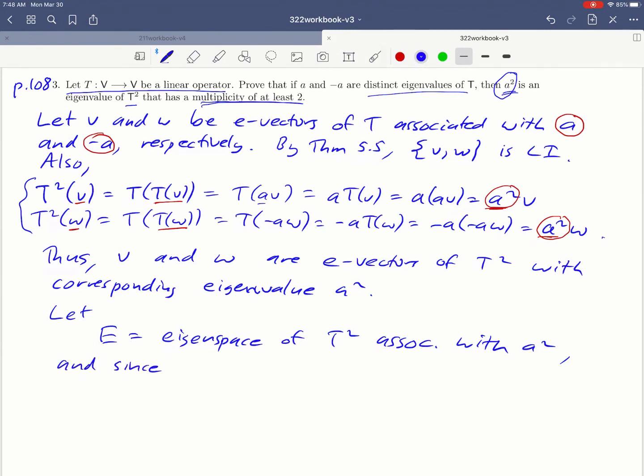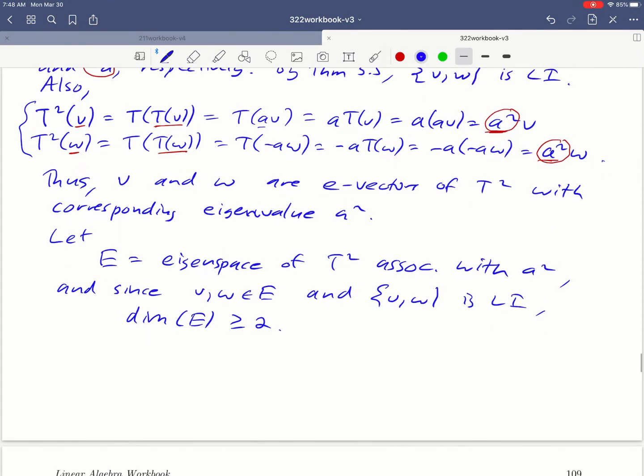And since the set {v, w} is linearly independent, we know that the dimension of that eigenspace is at least 2. Together with theorem 5.7, that proves exactly what we wanted. a squared does indeed have at least